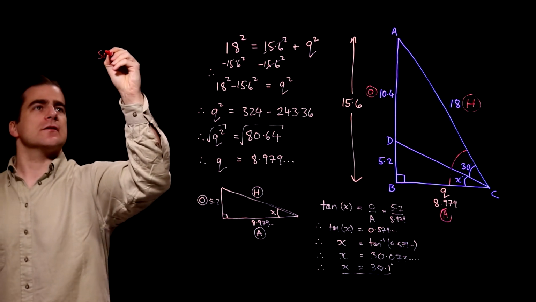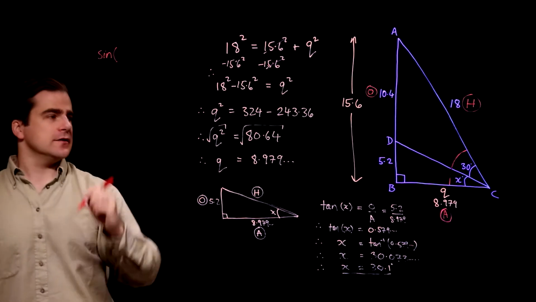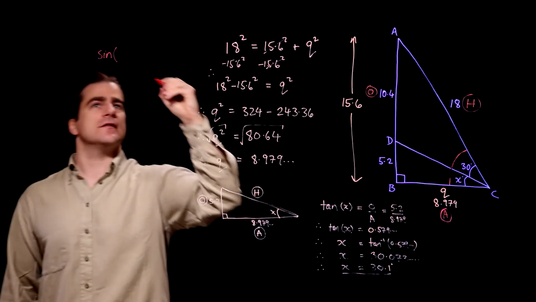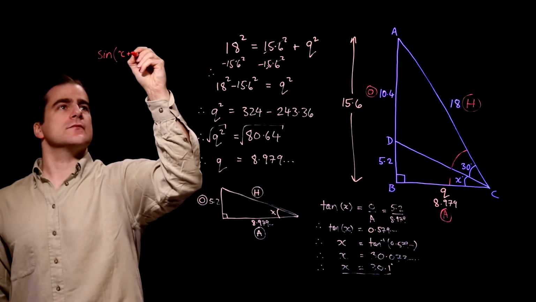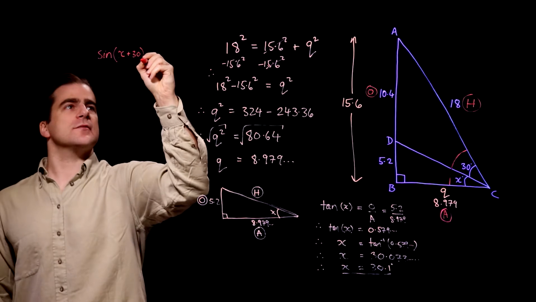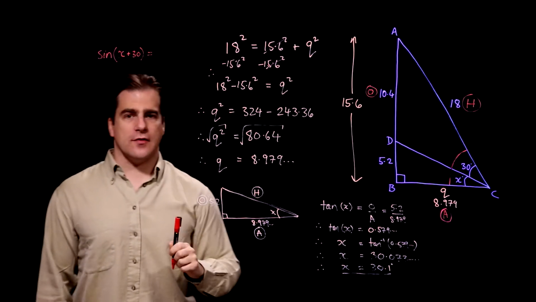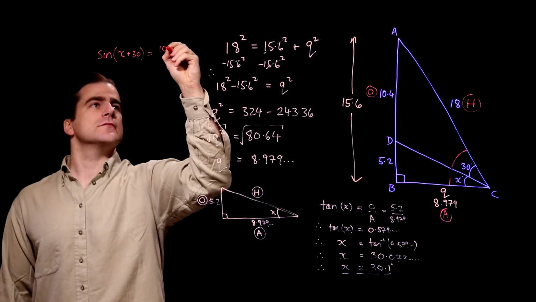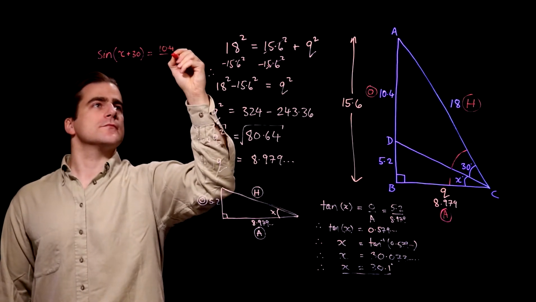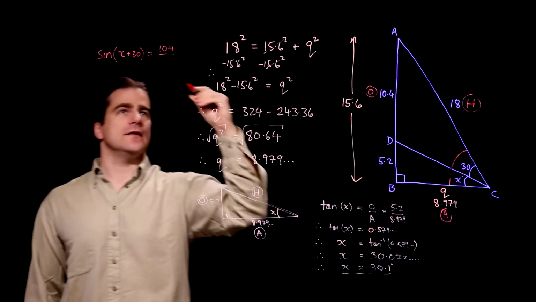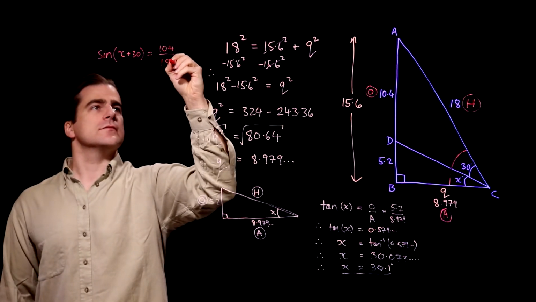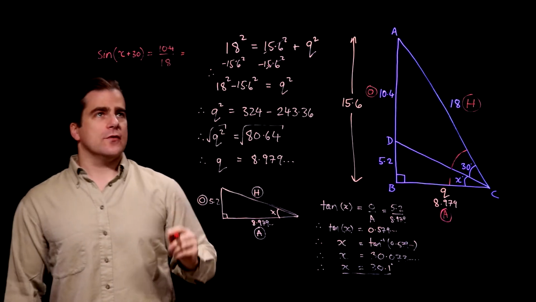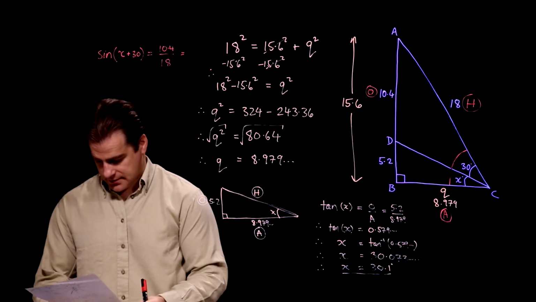So sine of the angle, and the whole angle is x plus 30. Sine of x plus 30 is the opposite over the hypotenuse, so the opposite is 10.4 and the hypotenuse is 18. Okay? 10.4 divided by 18 is